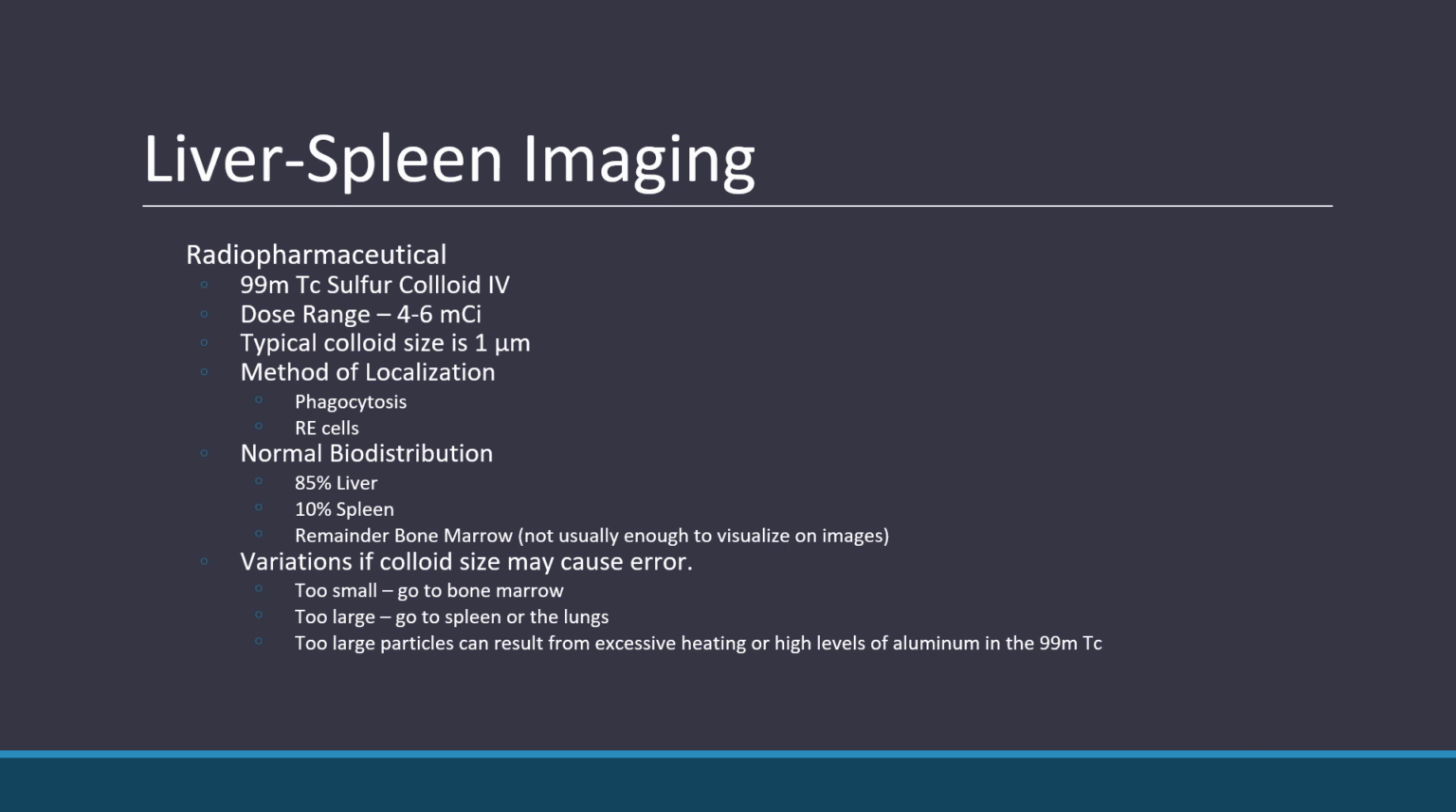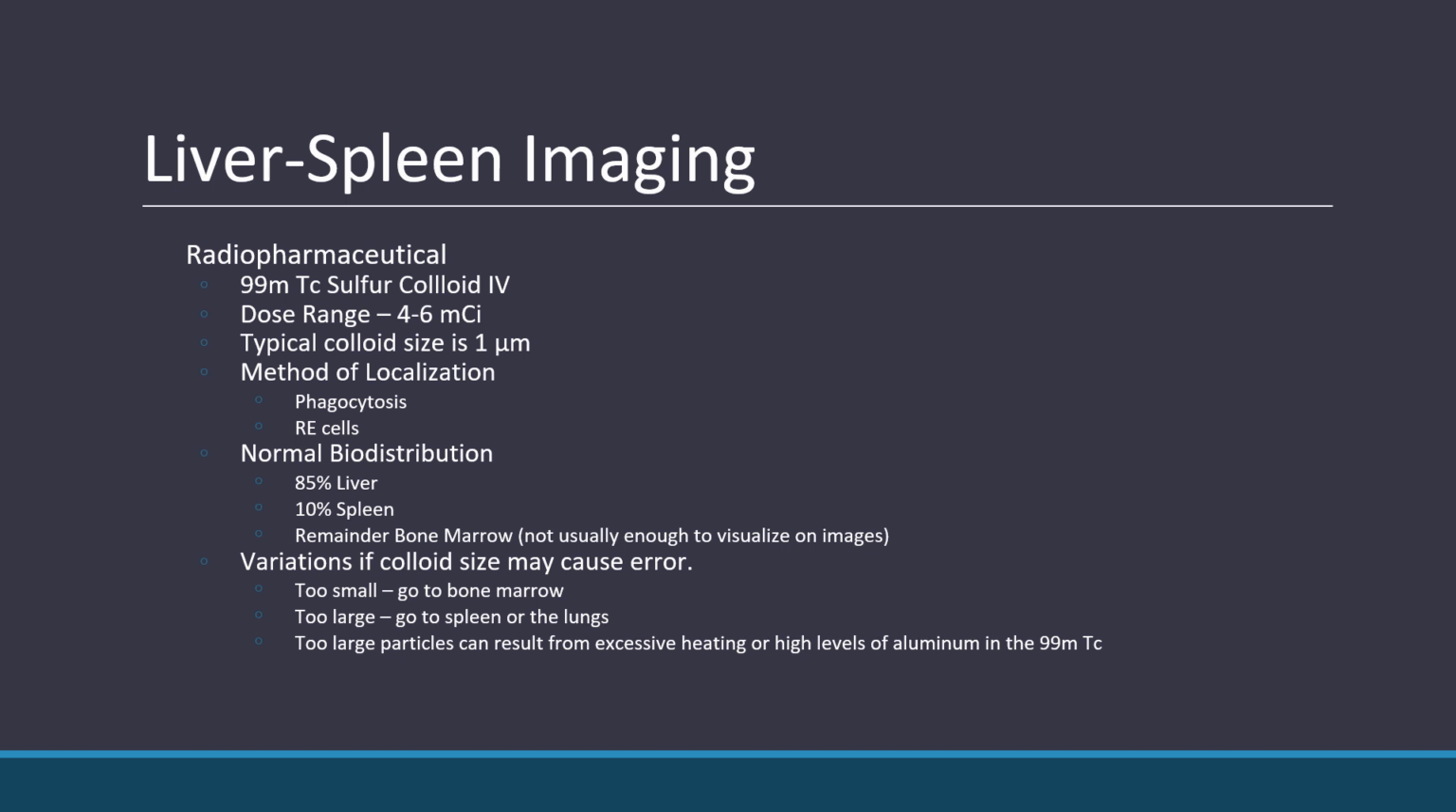If it's too small, it'll go more to the bone marrow. It has to be large enough for the Kupffer cells of the liver to pick it up, and the smaller ones tend to go more towards the bone marrow. If it's too large, then it will get stopped by the lungs, like an MAA study, or it will go to the spleen. Too large particles can also result from excessive heating or high levels of aluminum in the